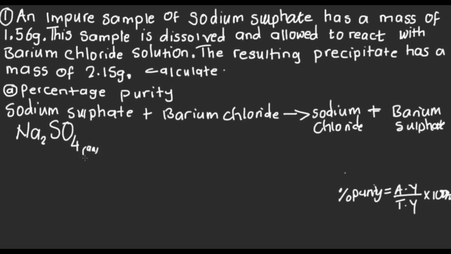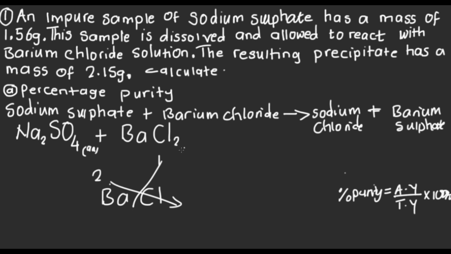Then aqueous, plus the barium chloride. So barium, Ba, is coming from group 2, so it has a valence of 2. Chlorine from group 7, it has a valence of 1. So if we cross these numbers, our chemical formula will be barium chloride BaCl2,